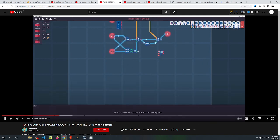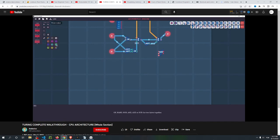Let's get a different color for the logic or the arithmetic part. So if we take the one byte and put it into the adder, then we can take our second byte, also run it into the adder, but also run it into this negator. Let's get rid of that because we need to use a muxer now. Spread it out a little bit. This muxer will let us choose between addition and subtraction. Because when the number goes through this negator and gets sent into the adder, it'll actually be performing